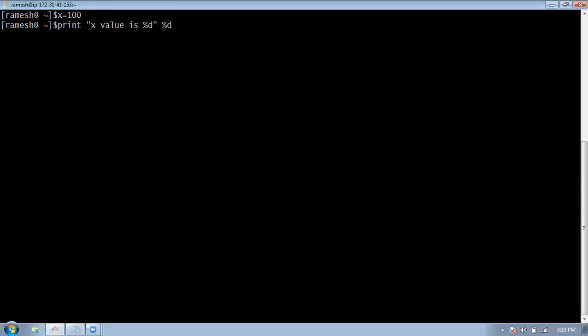In a similar way you can use it, sorry, it should be x. So this is printf, not print. You can see the value is replaced. Similarly, like we have %d here, %f is there for floating, and we have %o for octal values. So you can try that as well.